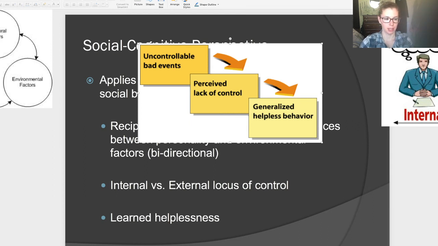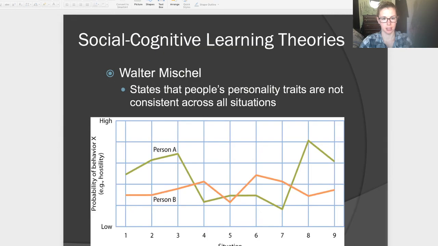One of the key players in the social cognitive theory is Walter Mischel. He was more of a social psychologist, and social and personality psychology, though they often get lumped together, are really a little bit in opposition about how they feel about personality. So social psychologists really emphasize the power of the situation on the individual, and personality psychologists look at really the uniqueness and the consistency of the individual and their behavior.